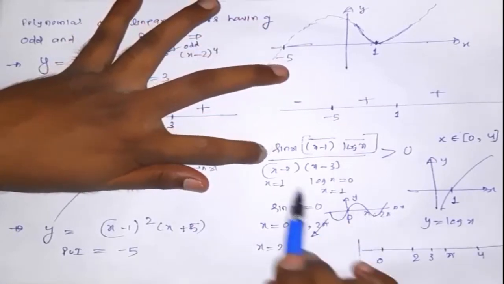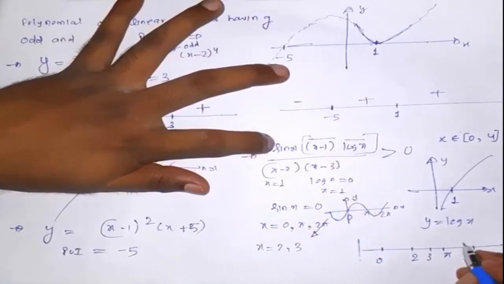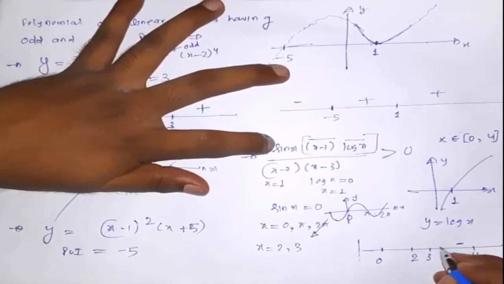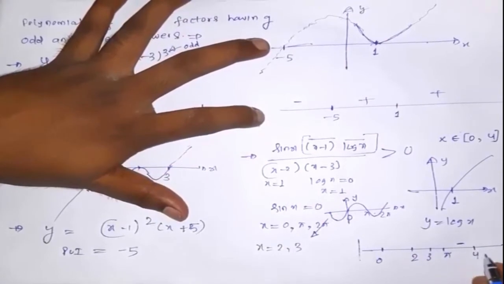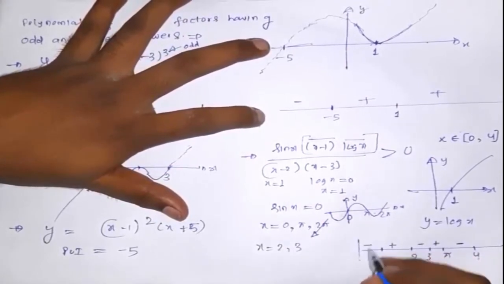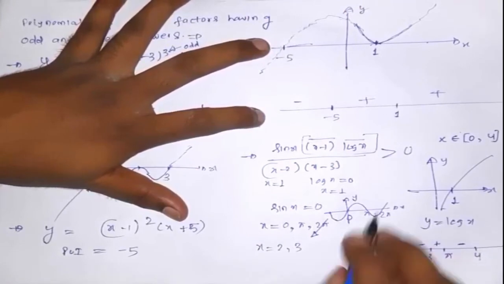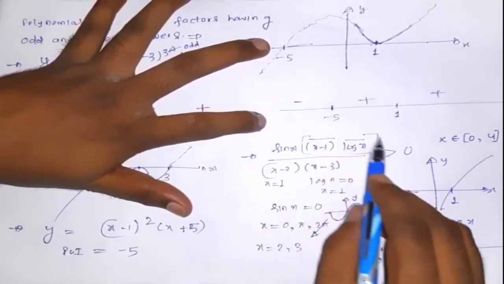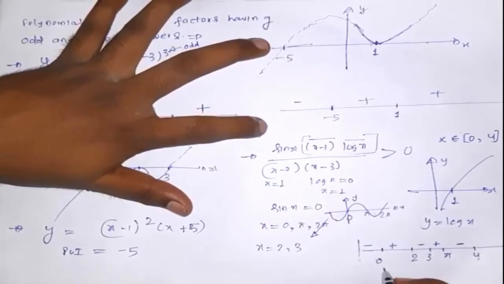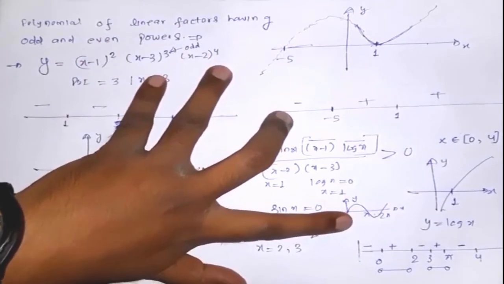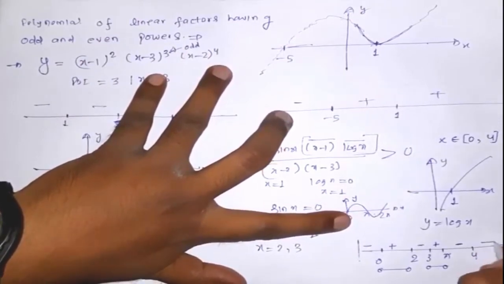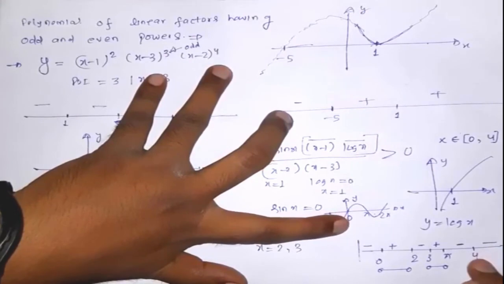3, okay, and 4. So we can definitely say for x greater than pi, sin x will be negative, and all the other values will be positive. So here it will be negative. Now, it will alternately change its sign at each and every point of inversion: positive, negative, positive, negative.